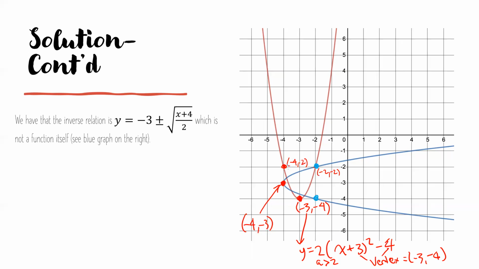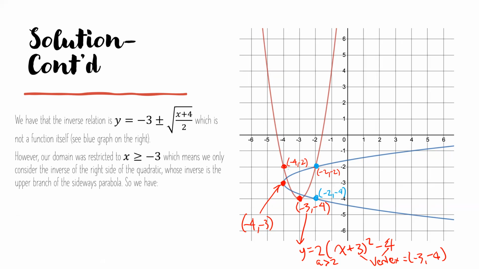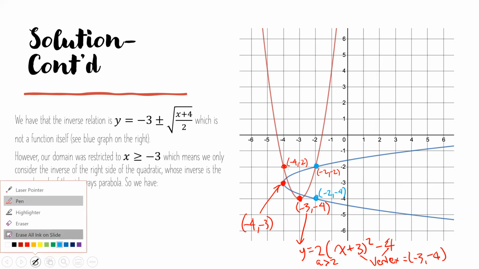Negative 4, negative 4, negative 2 will now switch to negative 2 and negative 4, like that. Right, so we just switched the x and the y coordinates. So that's how I got the sideways parabola there. So what we notice is that if we restrict, obviously our inverse is not a function